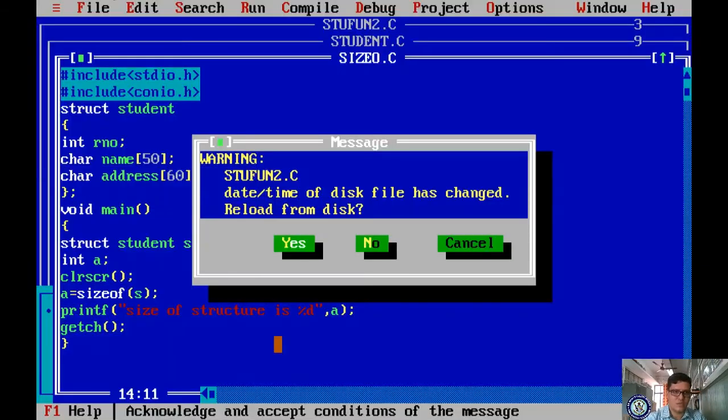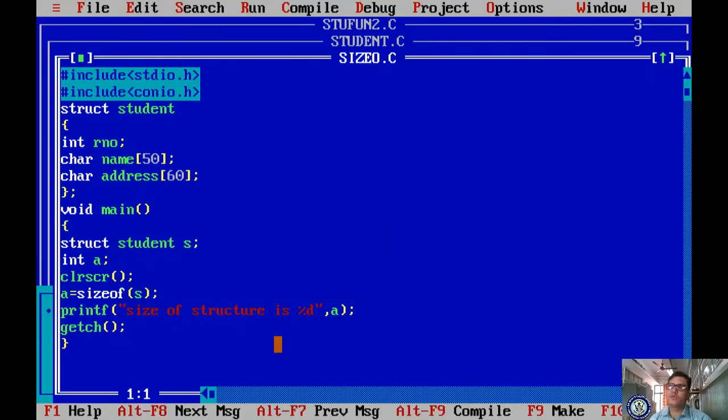Is it right? Yes. What is the purpose of the sizeof operator? The sizeof operator is used to identify the number of bytes consumed by your variables. For example, if it is s of 10, I just made it 10.